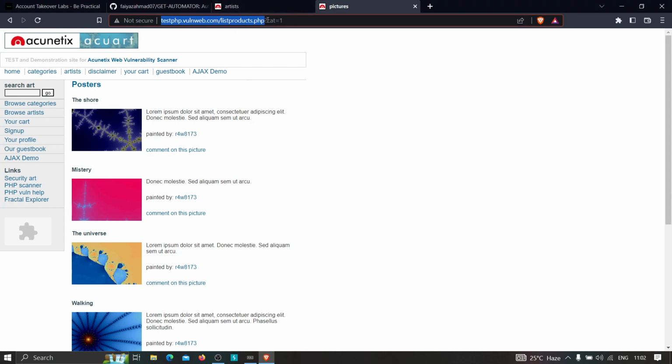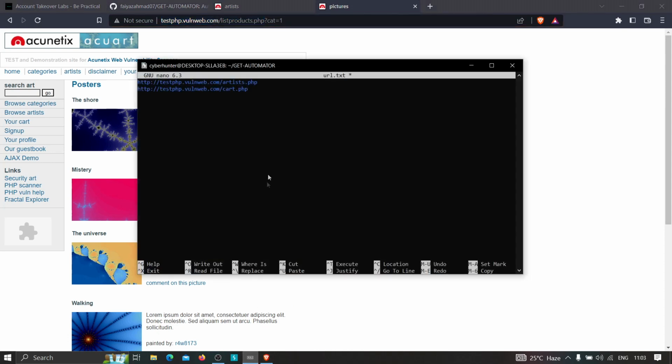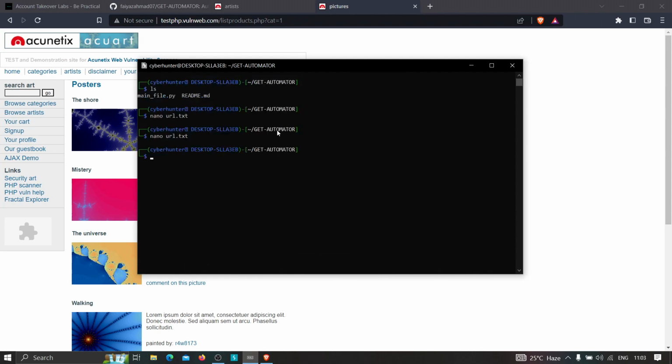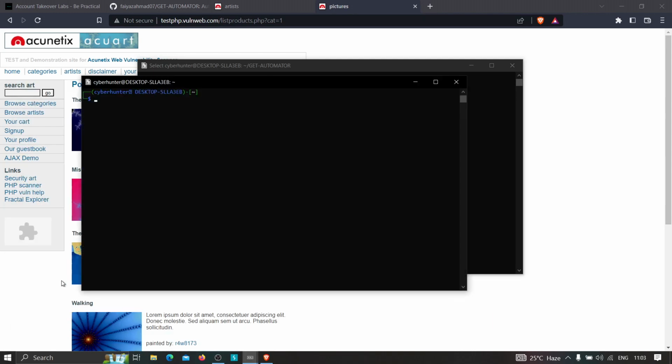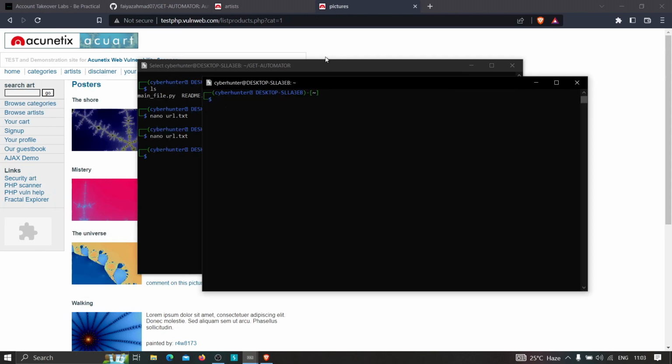So notice these endpoints have parameters already, right? So we are going to see whether this tool is working or not, whether this tool is able to find the parameter or not, or if it is able to find, then what is the speed, right? If it is comparatively slow, then it's not worth using this tool. So we have three links over here, right? I'm just going to close this, and now I'm going to open another tab, another Kali Linux window, and here I'm